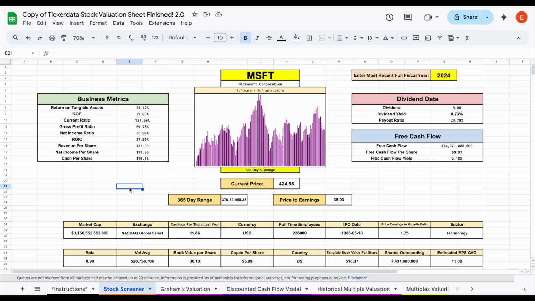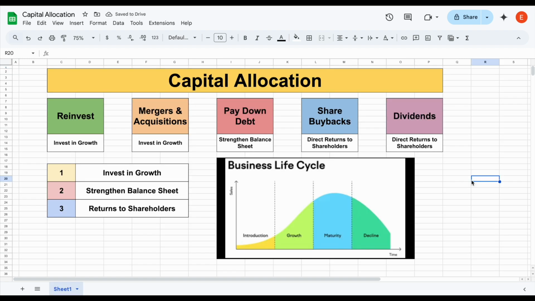Now again, I know I've said it many times in this video, but valuation is very much an art and not a science. Each stock is going to be different, and a lot of the times, the best valuation model will actually depend at what point in the business life cycle the company is in. For example, if we're looking at a company that's very early in their life cycle, a lot of the times a reverse discounted cash flow analysis could make sense. If we're looking at a company that's very mature, we could use the multiples valuation, look at how they've been historically valued, and how the market is valuing companies similar in structure. And in most cases, a discounted cash flow analysis can also make sense for most of these life cycles.